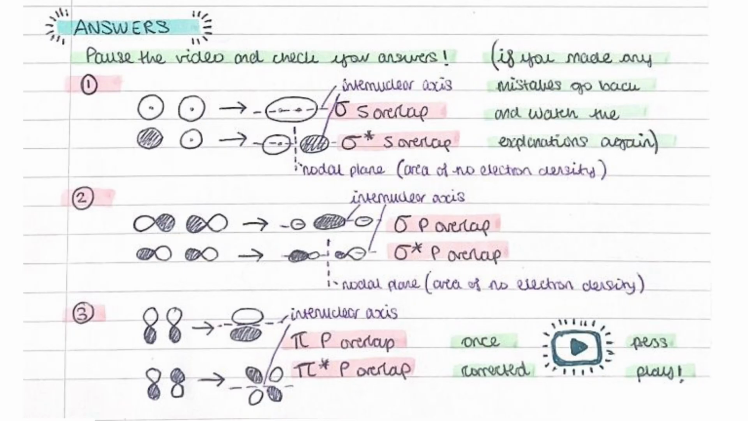And then for the pi star overlap, we have different phases overlapping to create this shape, which again is not symmetrical about the internuclear axis. So it's again a pi overlap, and because of the different phases, it's a pi star overlap, and this creates an anti-bonding orbital. Now, these questions were a lot more complicated than ones in the first part, so if you need to revise the theory,